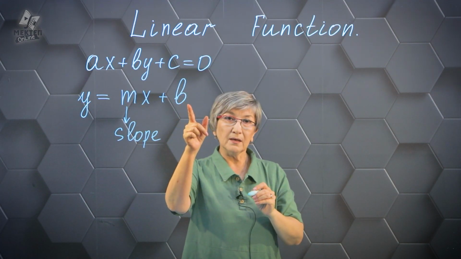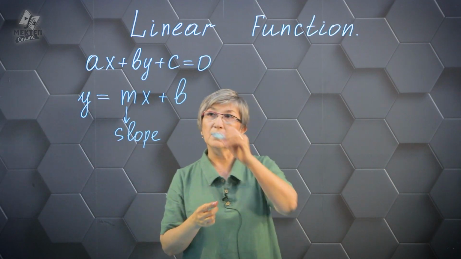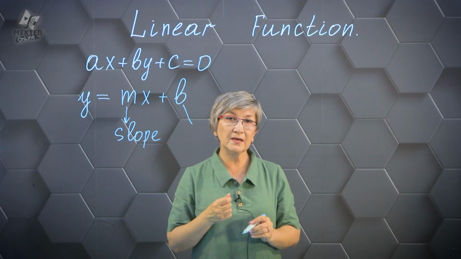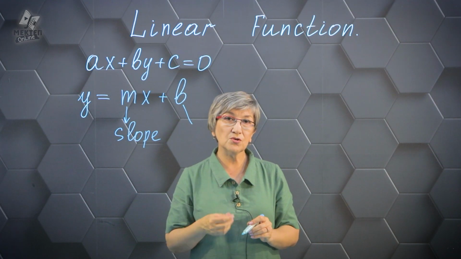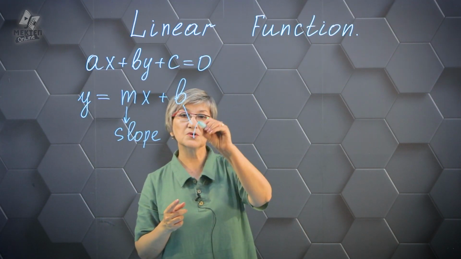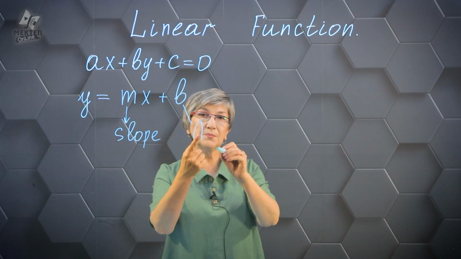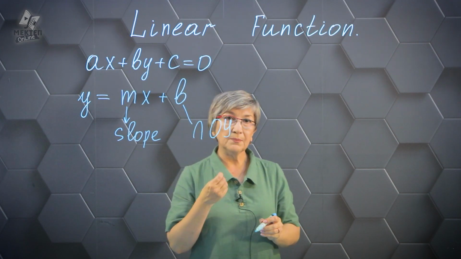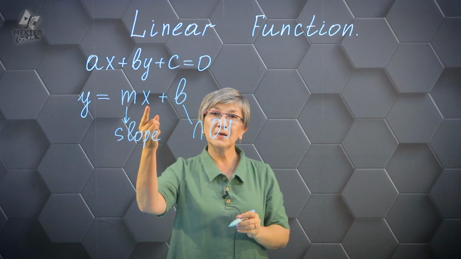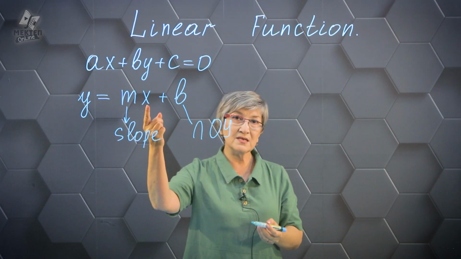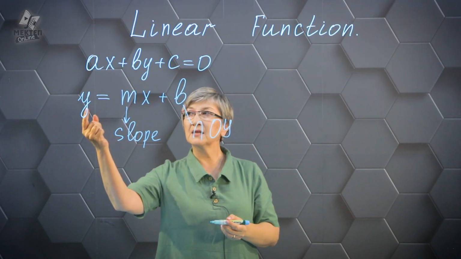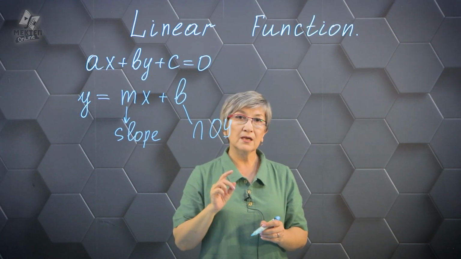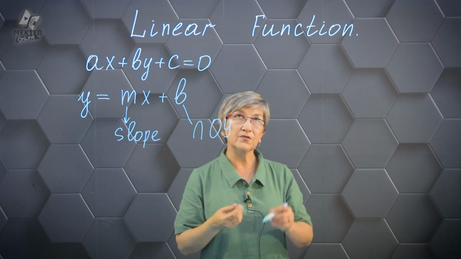The constant b is a numerical value, but it indicates where the graph of the linear function intersects the y-axis. I will write that this value is the intersection point with the y-axis. Remember that the variable x is the independent variable and the variable y is the dependent variable. This equation can be reformulated. I can note it